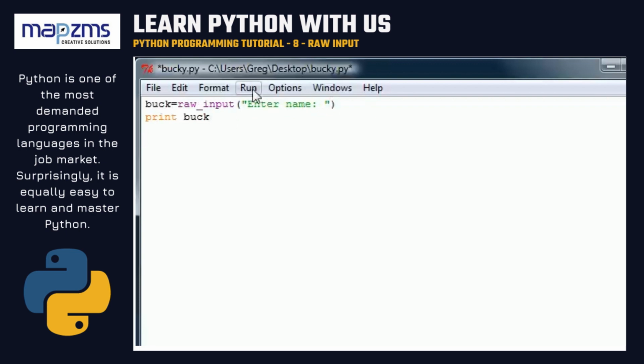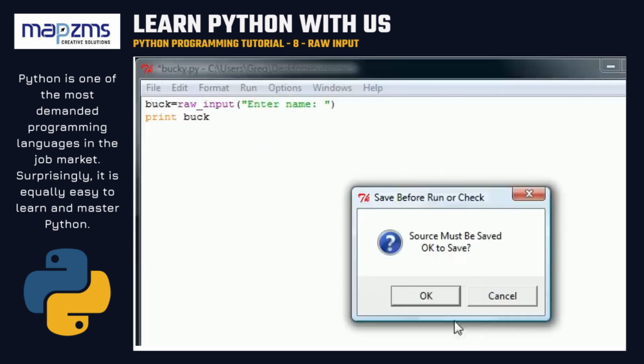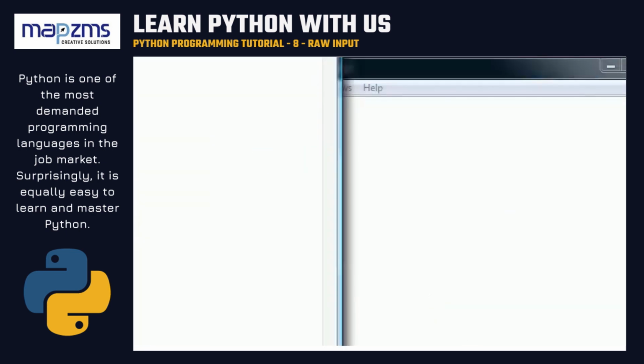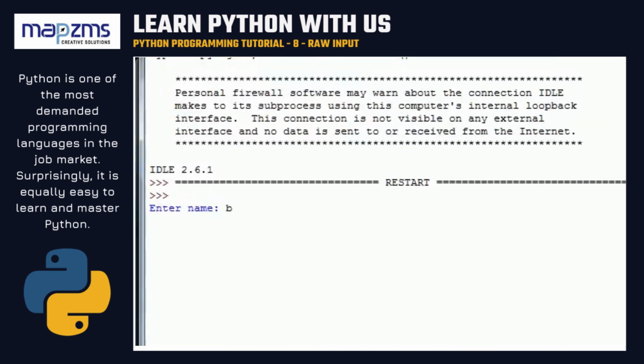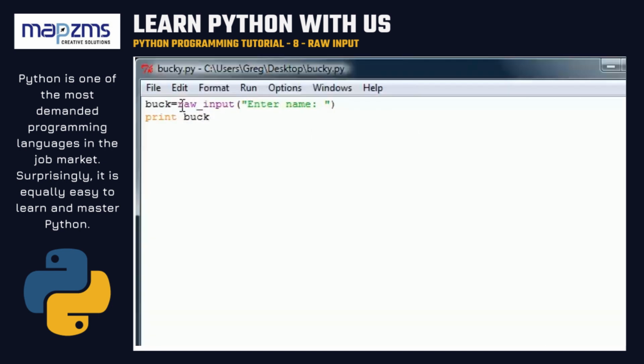So now whenever we run this module or program, let's go ahead and save this. Now it says enter name. My name is Bucky. Bam. So that is how we can use raw input to get information from the user and convert it to a string. So again, the difference between input and raw input: use input whenever you want to work with expressions,